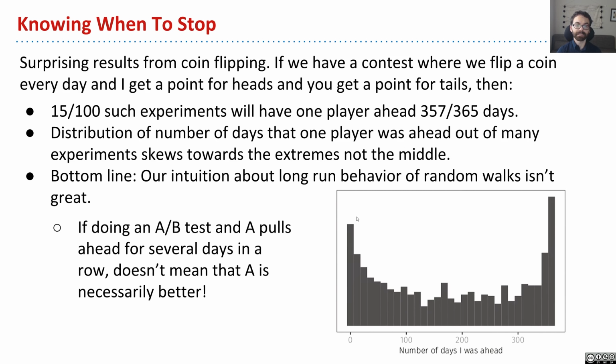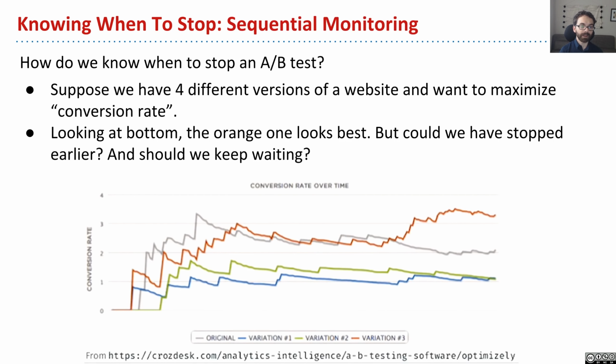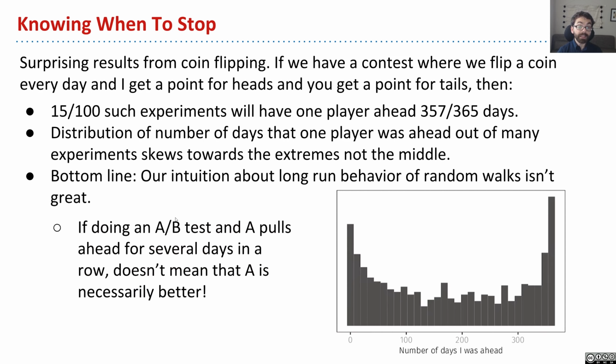Like the most likely situation, in fact, is that one player is going to get ahead and stay ahead almost the entire year. And it's relatively uncommon that we have these back and forth. I'm ahead for a little while, you're ahead. And the reason he brings this up is our intuition about the long run behavior of random fluctuation is not super great. And so where it relates back to our A/B tests here is if I'm doing an A/B test